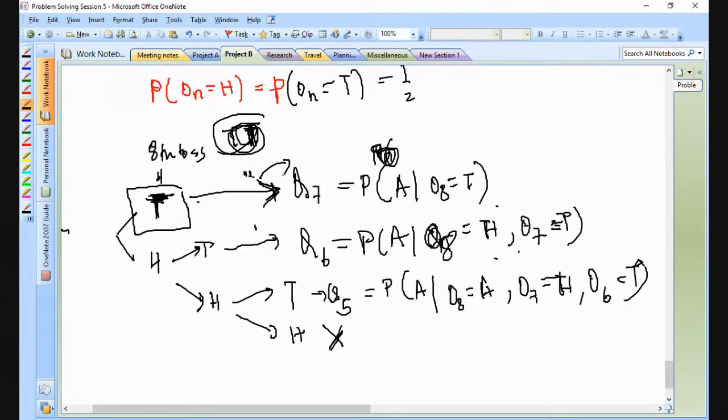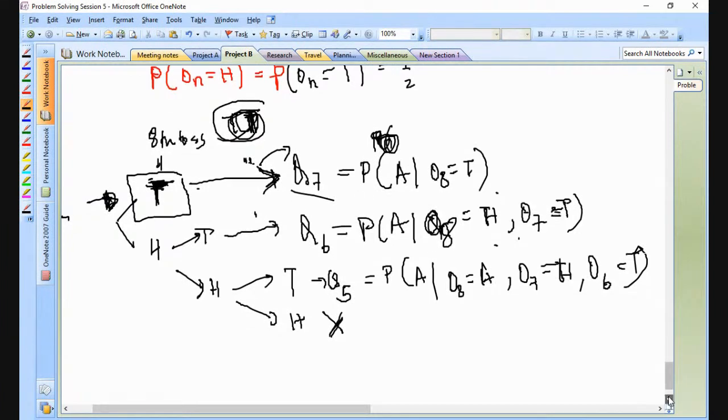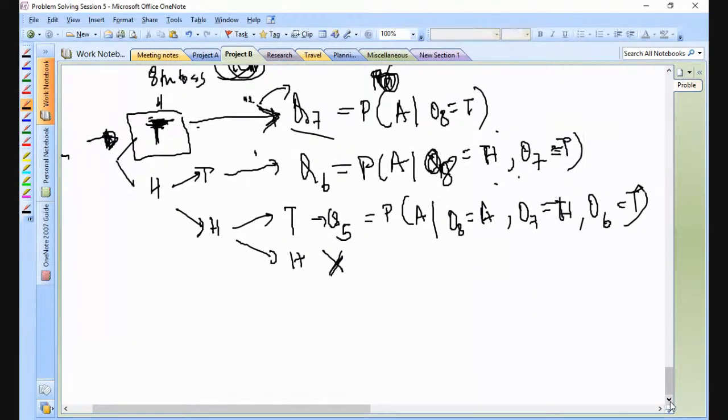Because if the first toss is tails, the probability that no three heads occur is exactly the same as Q7, because nothing extra is changing. So if tails is happening, it automatically goes into this case. You can ask what happens if heads tails heads, or what if tails and heads occurs. If tails and heads occurs, it automatically goes into this case, the Q of 7 case. Did you understand or not?